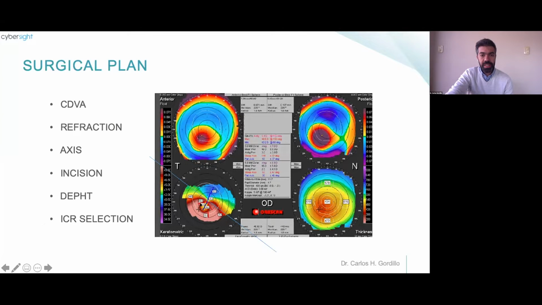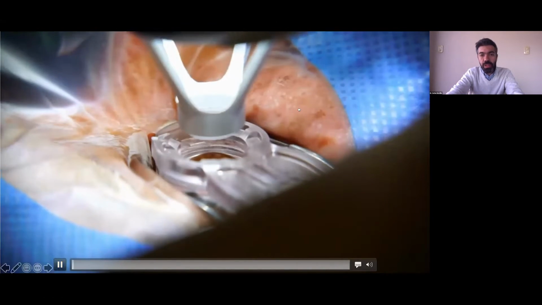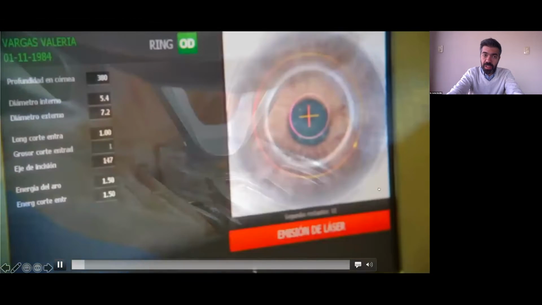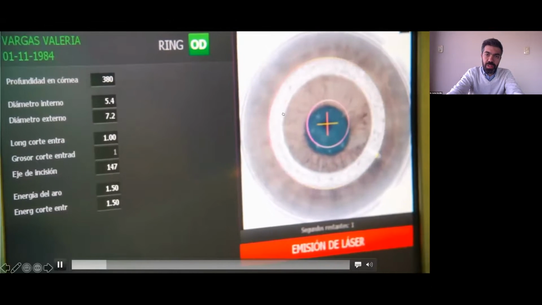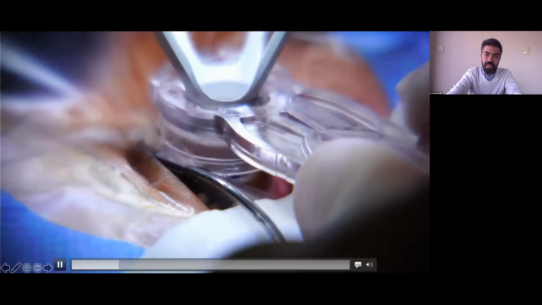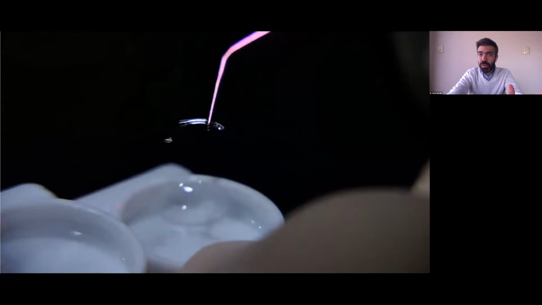So you can see here the description of the topography before the surgery, where you can see the corrected visual acuity, the refraction, the axis, the incision, the depth, and the selection of the intracorneal ring. This is the surgery using the femtosecond laser. Here you can see the parameters that we have been choosing for the internal tunnel and the external tunnel. And after a few seconds,